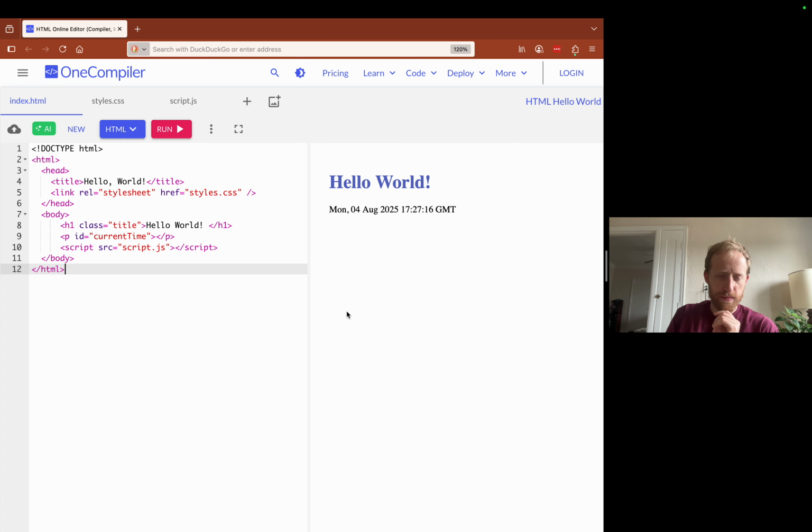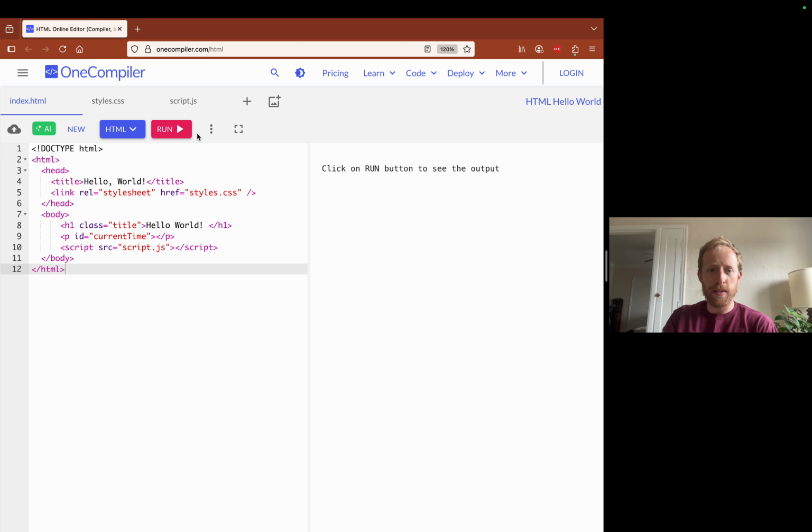Are you guys there? Cool. It's onecompiler.com HTML. It will say click run to see output, so we can click run and you'll see the output.